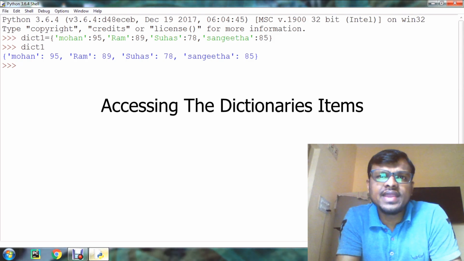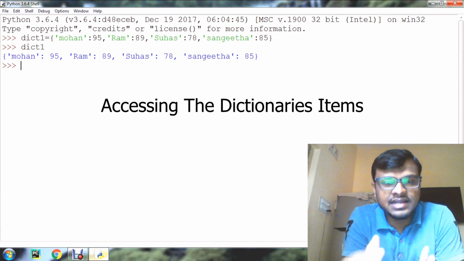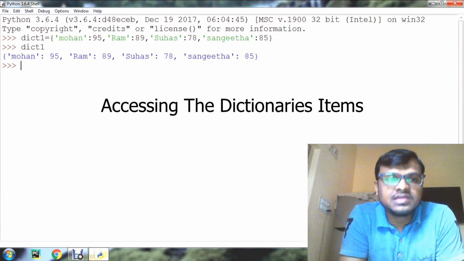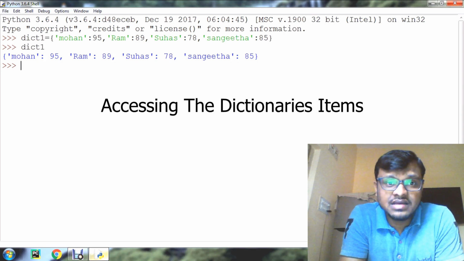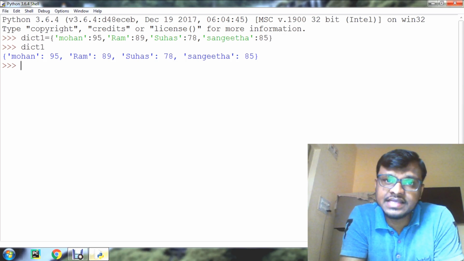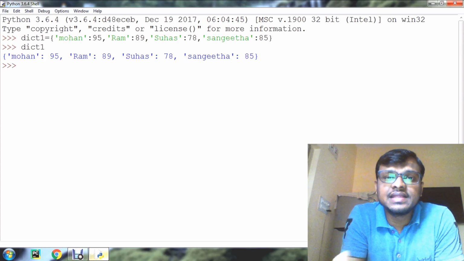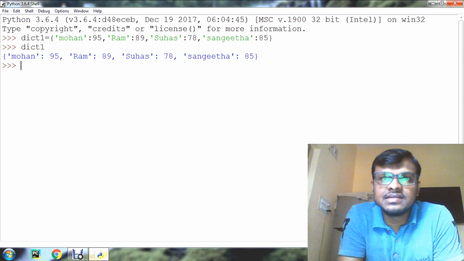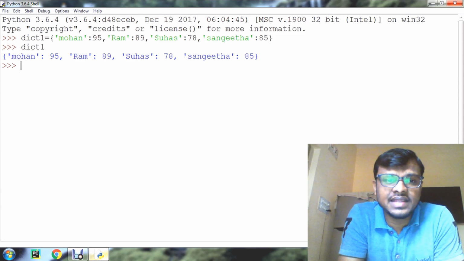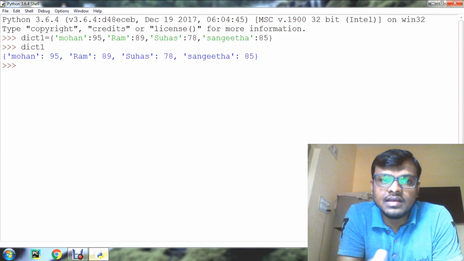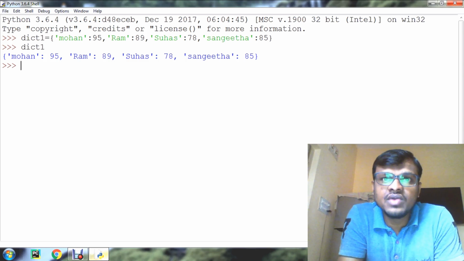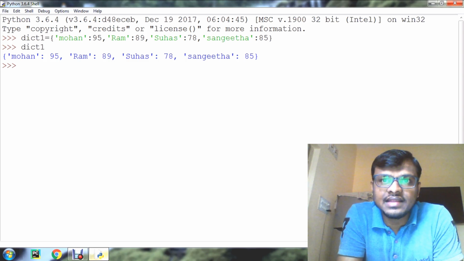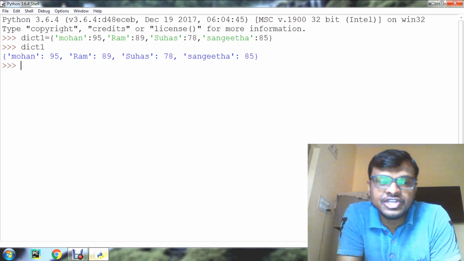Now let us see how we can access the dictionary items. As we know, we can access lists and strings by using the indexing method, but in the dictionary it is different. We will not use the indexing method. Instead, we are going to use the keys, rather than the relative position or indices.